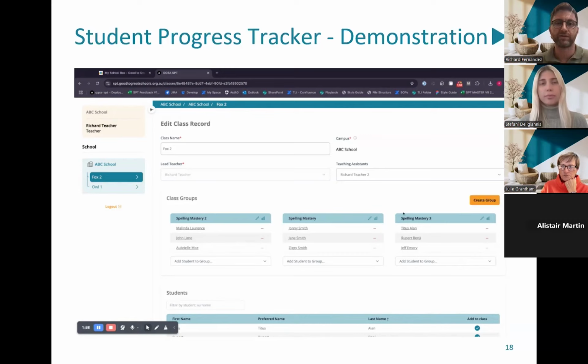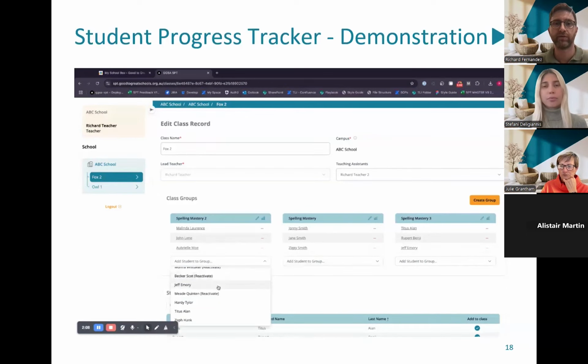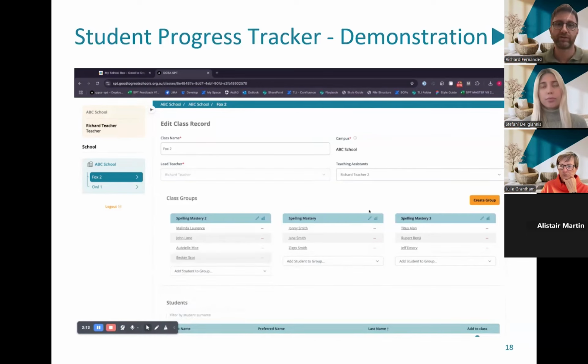Within each class, you can organize the students into different groups based on their needs. So each group can follow a particular program. For example, if your students have different learning requirements, you can assign them to groups that follow the specific program. And let me demonstrate by setting up a new